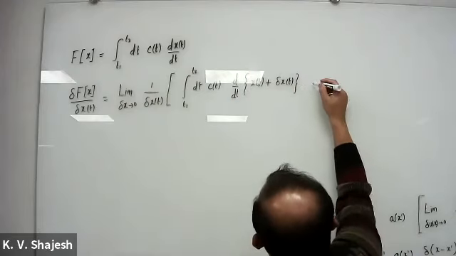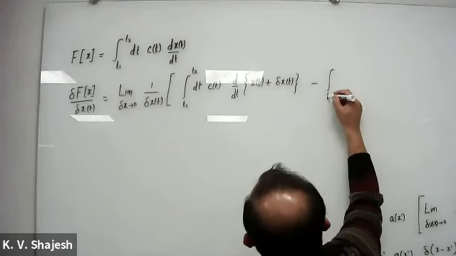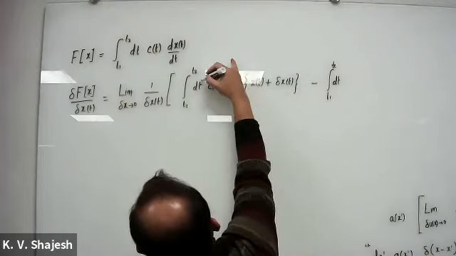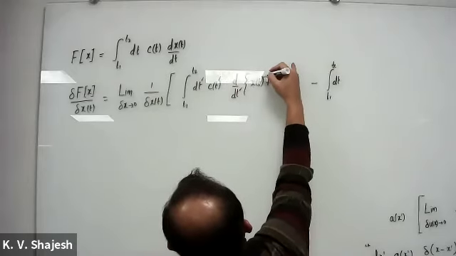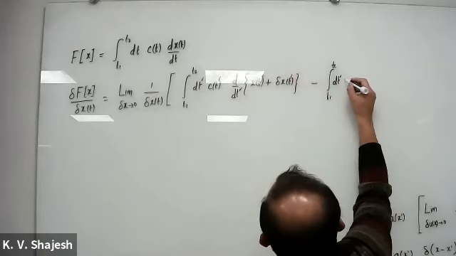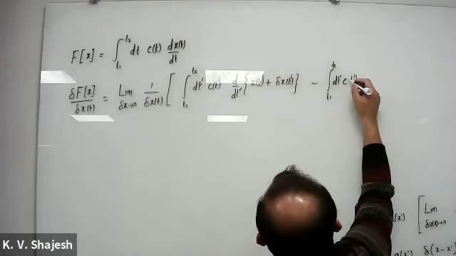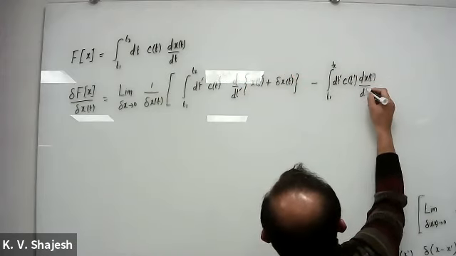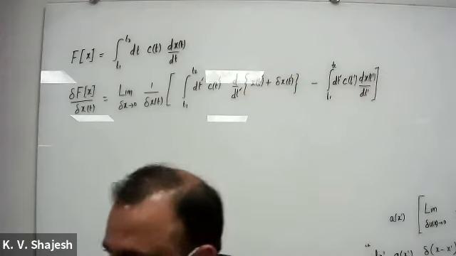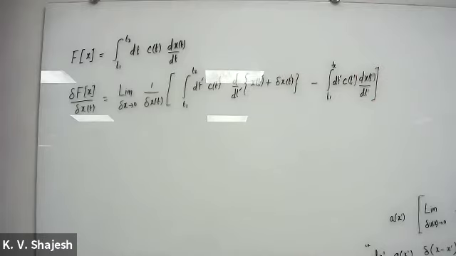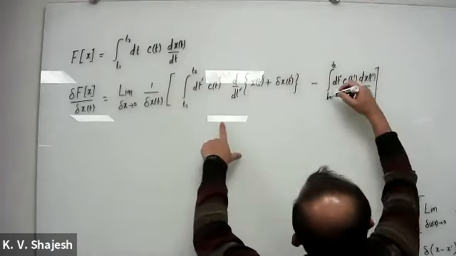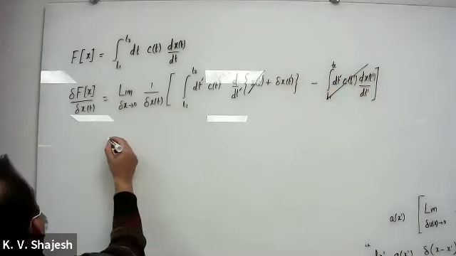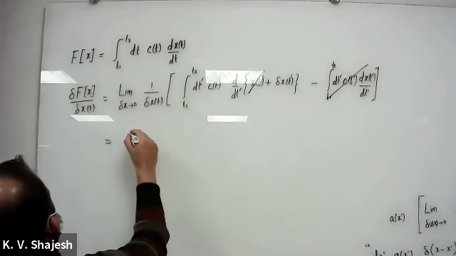And then I have to subtract out the integral from t1 to t2 of t prime, c of t prime, dx of t prime over dt prime. Again, these two cancel out. This term cancels exactly that term out, and whatever I have remaining is the limit